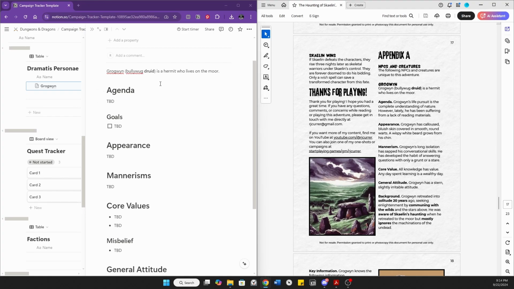So I start with that one-sentence description that's just a very high level, who are they kind of thing. Then I go to their agenda. This is, what do they want in this adventure? And that may be an ambition in terms of being something that's a little open-ended. It might be something more concrete that can have a definable answer. In this case, we're talking about Grogwin's life pursuit, because he doesn't really have a